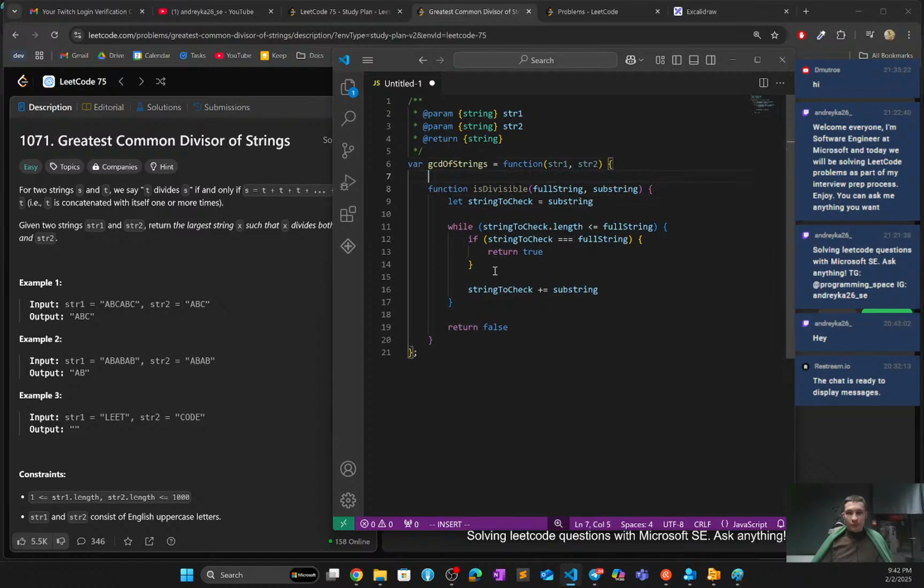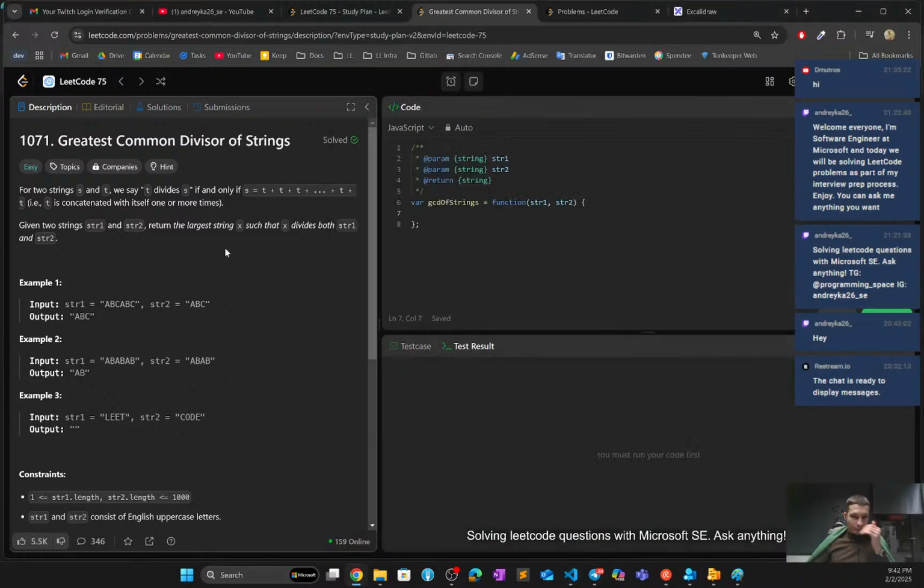Yes, and this is good. Now we have some decoupled string that can check whether our string is divisible or not. And basically now the main algorithm that we are trying: